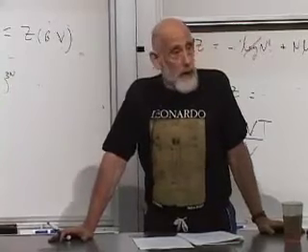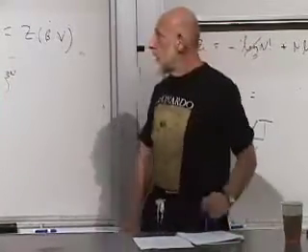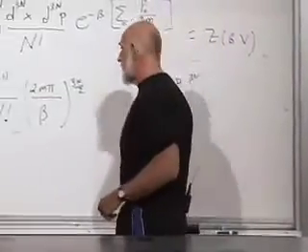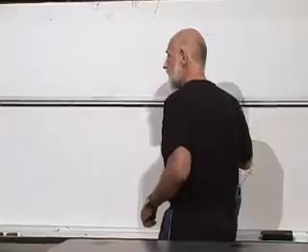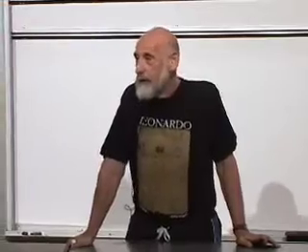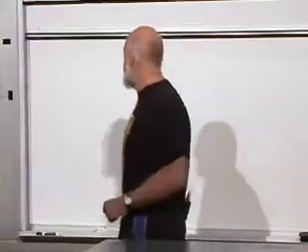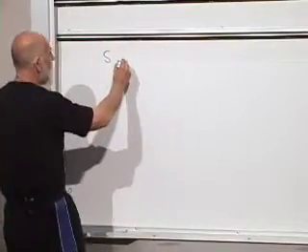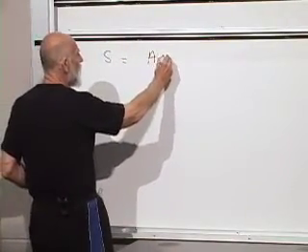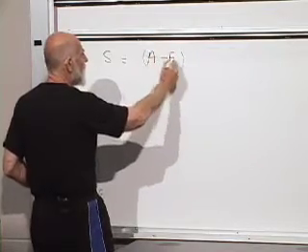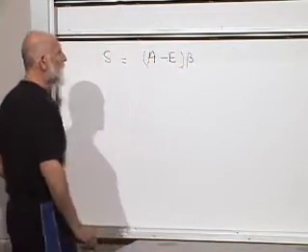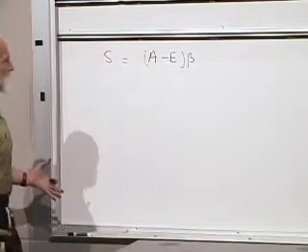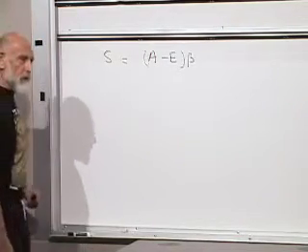It is interesting to calculate the entropy. How would we calculate the entropy? It's interesting to calculate it if for no other reason than to see that it's fairly complicated and that you would not want to try to calculate derivatives of anything keeping the entropy fixed. Let's just look at the entropy. There's a formula for the entropy in terms of, I think it's A minus E, and then there must be a beta. Yep, I think that's right. So let's calculate that and see what kind of nasty thing we get.